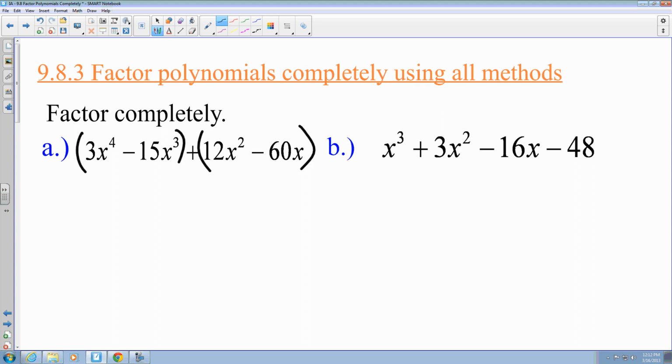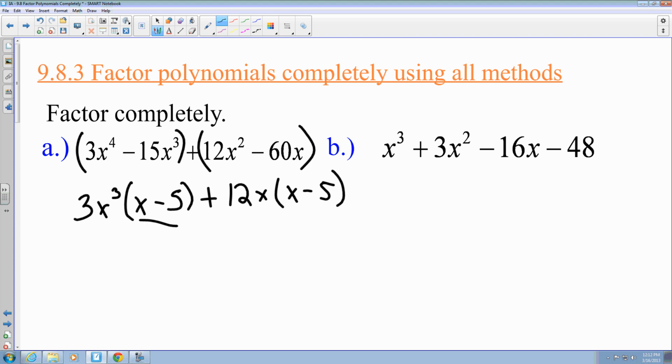That means I can take out 3x to the third, and then I'm left with x minus 5. Plus, I can take out a 12x here, and that leaves me with x minus 5. Again, common binomial. So now I can go x minus 5 times the quantity